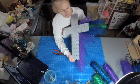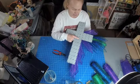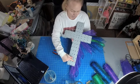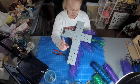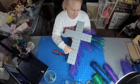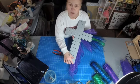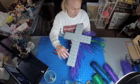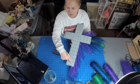So on the bottom, to do the outline of our bottom, we're going to preload all of them except for the last one. And you'll see why we're not going to do the last one. So you got 1, 2, 3, 4, 5, 6, 7. And I'm using purple. So I do have everything written out. So once we're done, I will